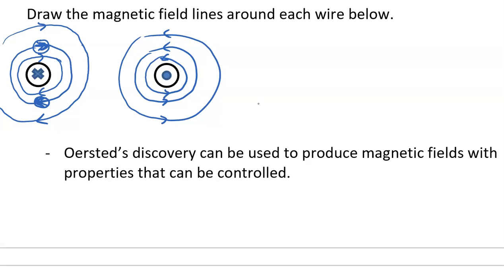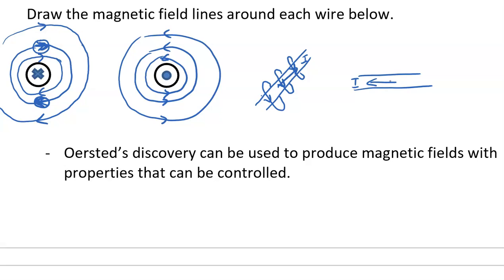I'm going to add a couple more quick diagrams here, and that is just as I said earlier, we could have a current-carrying wire that somehow goes like so. So the conventional current is in this direction, and then our thumb points in that direction, and our fingers are going to wrap down in front of the wire. So we're going to have this magnetic field that is coming down in front of the wire and going up behind the wire.